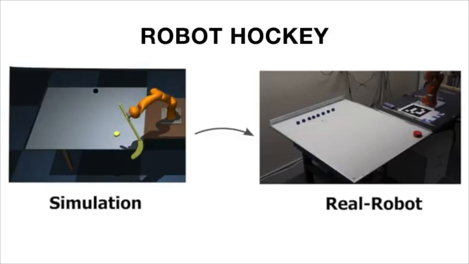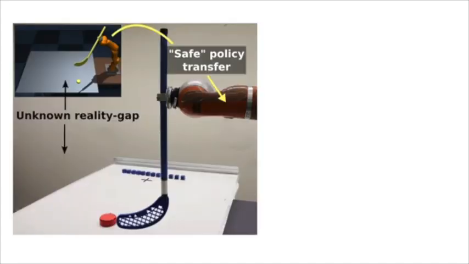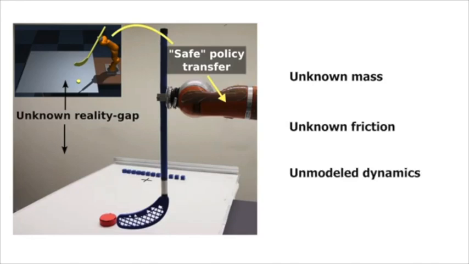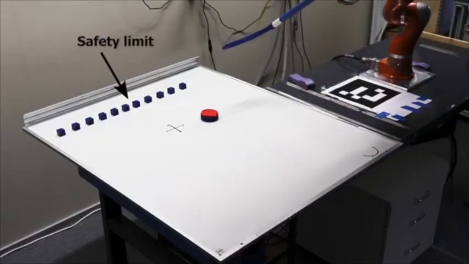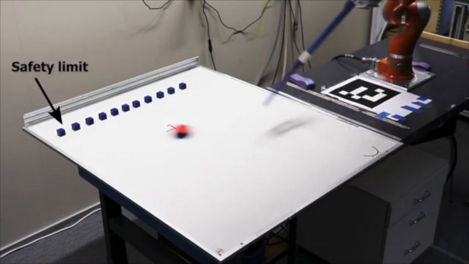Learning policies in simulation and transferring those policies to the real world is one of the most promising approaches towards data efficient learning in robotics. However, due to the inevitable reality gap between the simulation and the real world, a policy learned in simulation may not always generate a safe behavior on the real robot. As a result, during adaptation of the policy in the real world, the robot may damage itself or cause harm